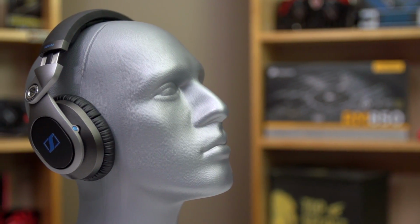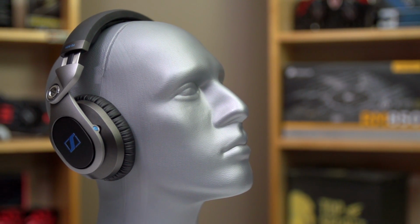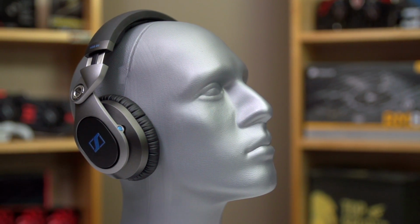So now for the listening tests. I listen to crappy top 40 music, and so do a lot of people. And I do all of my listening tests with a mix of whatever I'm listening to at the moment and some older songs that I've got more experience with. I'm using an Objective 2 and an ODAC as my source with a mixture of FLAC and high bitrate MP3 files. So with that out of the way,